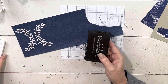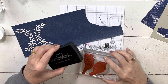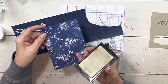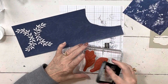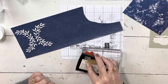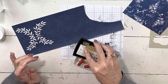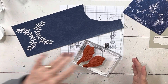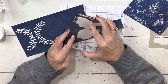I'm going to use my Versamark, and I'm going to just stamp. I'm going to play this off of that, where, you know, we've all done it when we were kids, when you laid something in the sun, some plants, and you just let it bleach the paper. Wonder if you could do that on this. You couldn't today here because it's not sunny. Let's stamp my Versamark on here. Get down here where there's a little bit of,